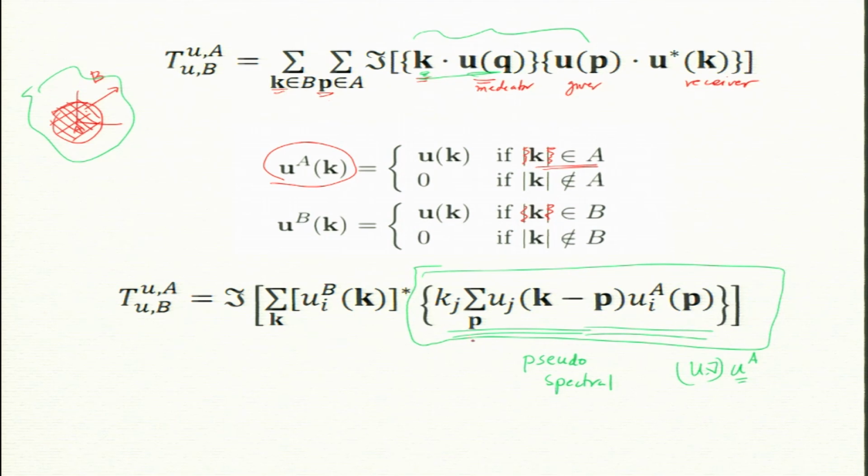Once I compute the nonlinear term, which is N of k, with p summed so it is only a function of k, then I multiply by u of k and sum over k's, but I do not sum over the whole velocity field, I sum over only the B part of the velocity field. Once I do this, I get this T which is desired. So, this is that energy transfer from A to B.